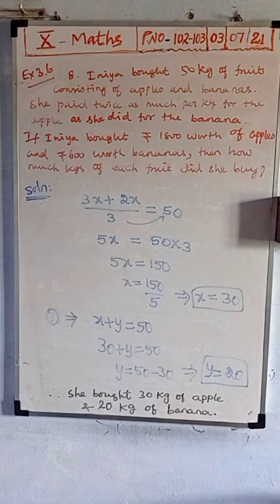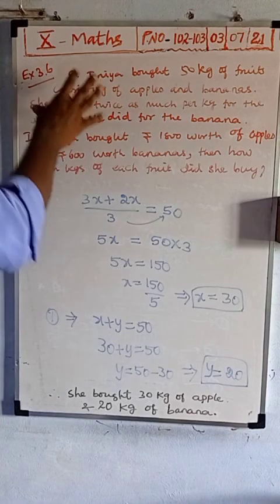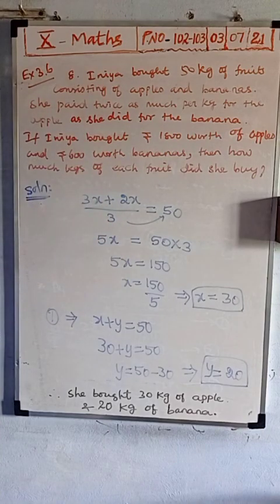Okay, that's all. So using the given conditions, you make equations. Then p is equal to 2q, first substitute in equation 2 and you get q. That q value you substitute in equation 3 and you get y. Then the y value you substitute in equation 1 and you get x. So x is equal to 30, substitute in equation 1, and y you will get. Therefore total she bought 50 kilograms, in that 30 kg of apples and 20 kg of bananas. Okay, that's all.